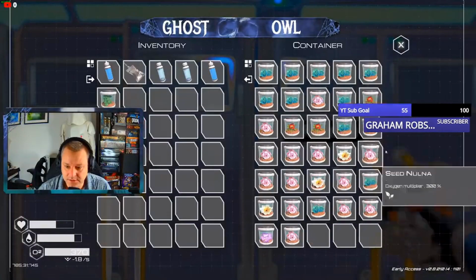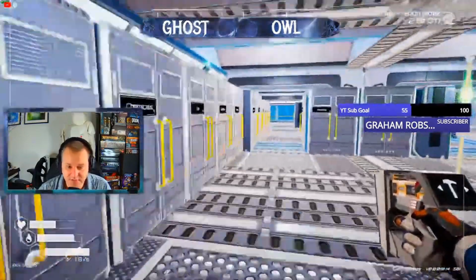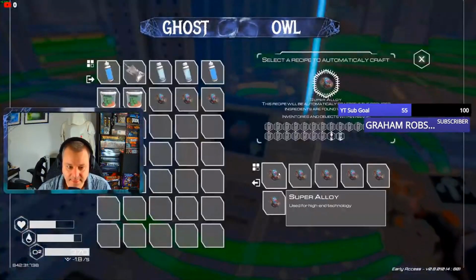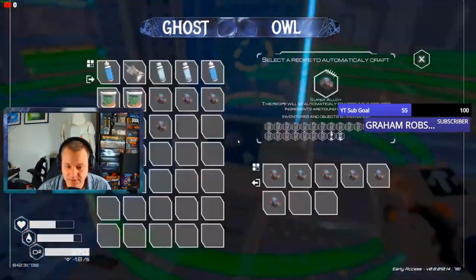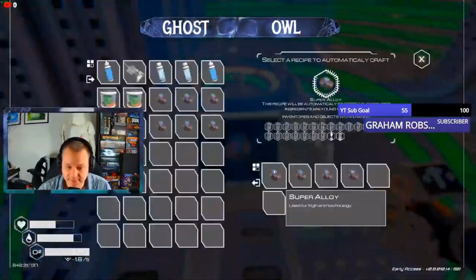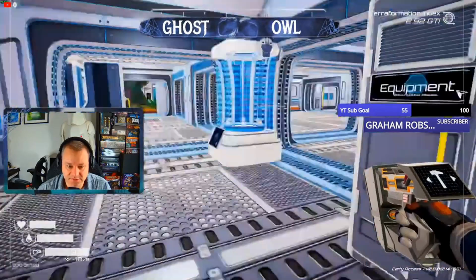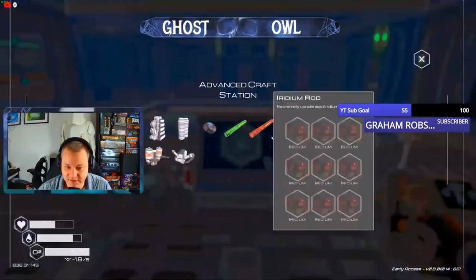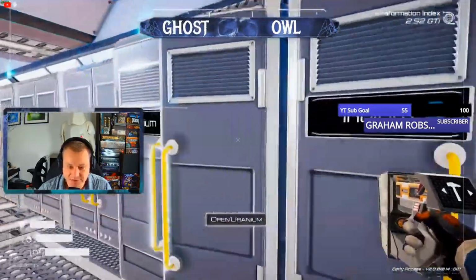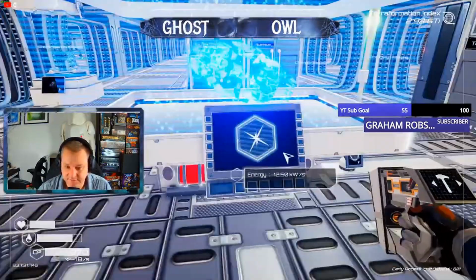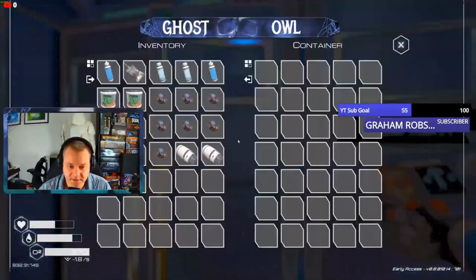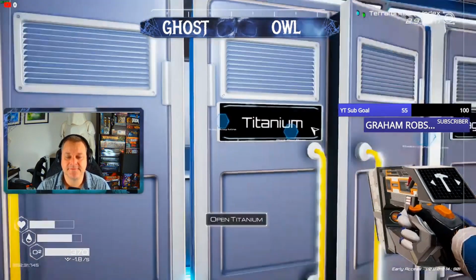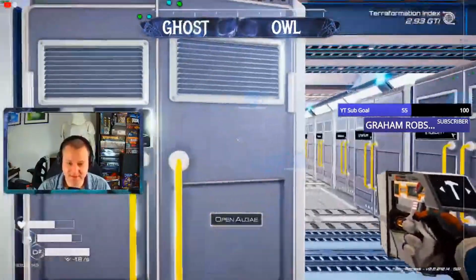Right, lerma. 1, 2 lermas. Right. Super alloy was 4. I'm going to need 2 more to... Actually, no, I need 1. Okay. Let's just take it all. We've got 1 rocket motor in here. What do I need to make a rocket motor again? Rocket motor. Yeah, iridium rod, 2 uranium. Makes a rocket motor. That's 2 rocket motors. We can put this super alloy here, and then I need the fertilizer, which is